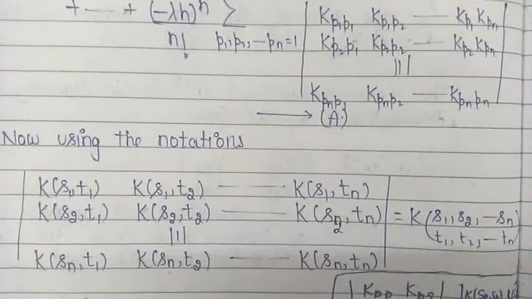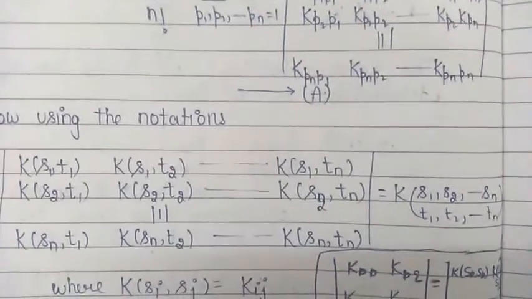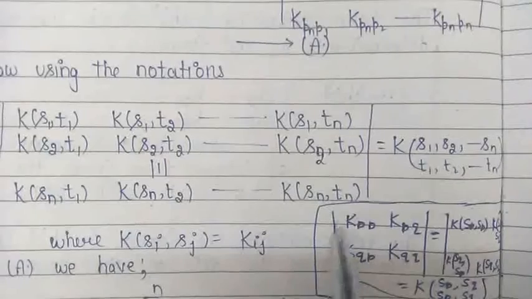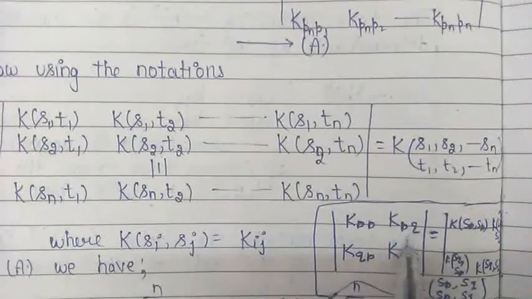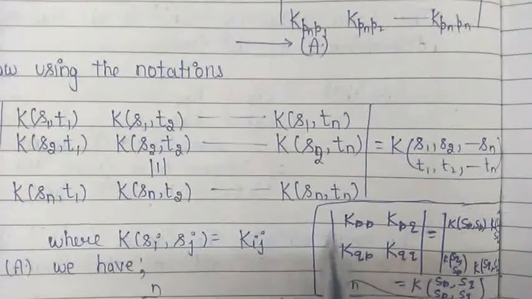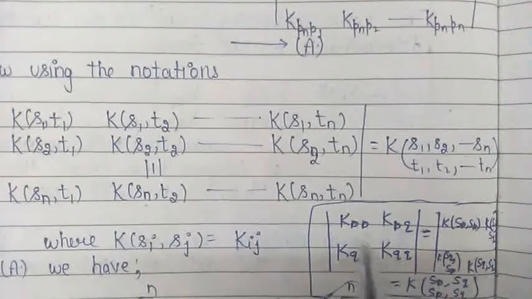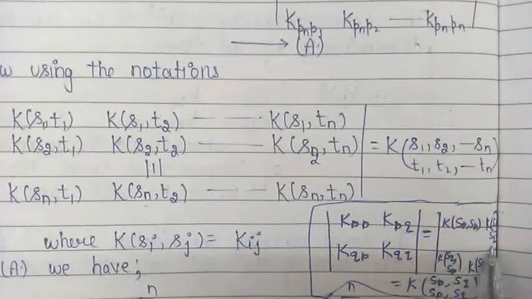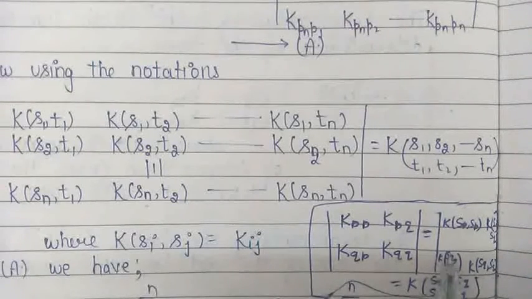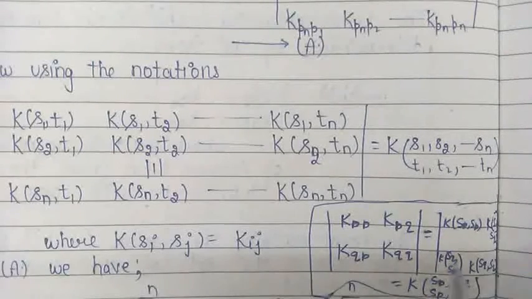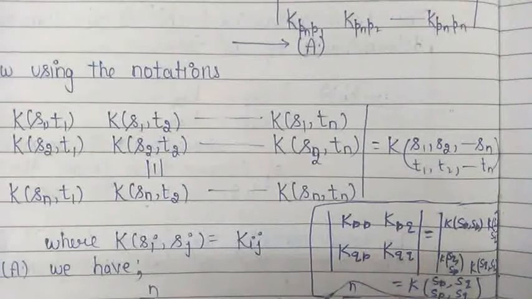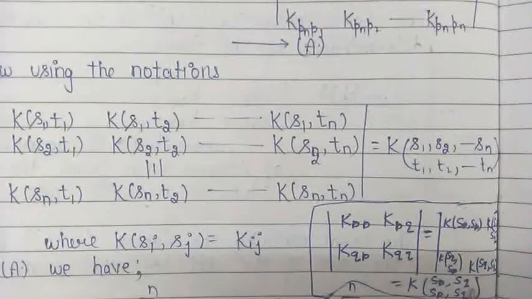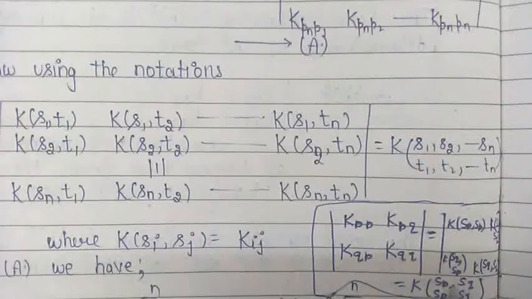which we have defined in the term Dn(lambda). So by using this notation, for example, if you are to write the short notation for the determinant K(p,p), K(p,q), K(q,p), K(q,q), it can be written as, because K(p,p) means K(sp, sp), K(p,q) means K(sp, sq), K(q,p) means K(sq, sp), K(q,q) means K(sq, sq). Now, by using the notation which we have defined, this is K. In the first row we have sp, sq. In the second row also we have sp and sq. So we'll use these notations.